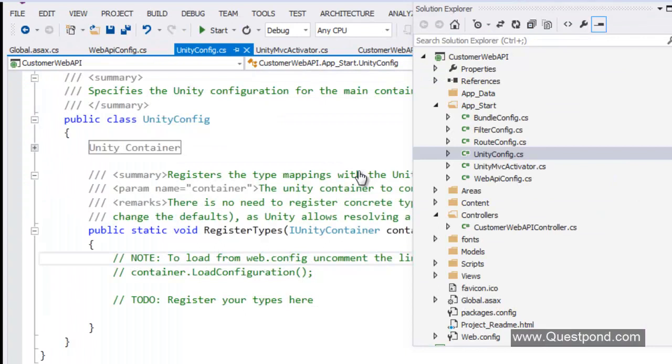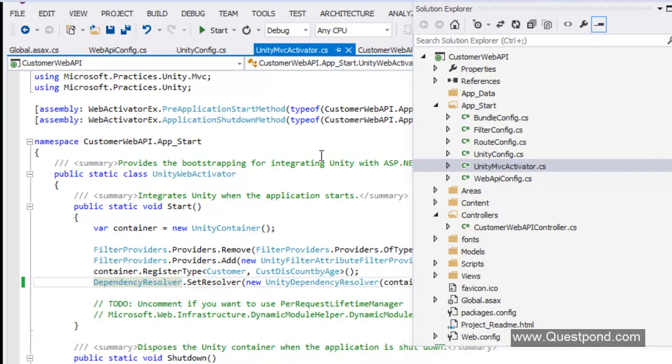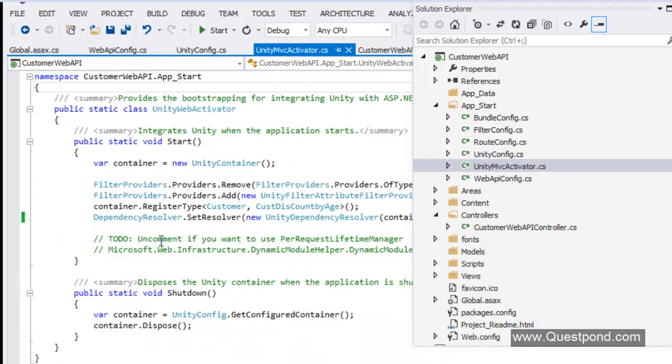Now, one of the things which will come to your mind is, what is the benefit of referencing Unity with MVC? Rather than just Unity, what is this Unity with MVC NuGet package? What extra thing does it give us? Unity with MVC gives you a couple of classes, and one very important class it gives you ready-made is the dependency resolver class.